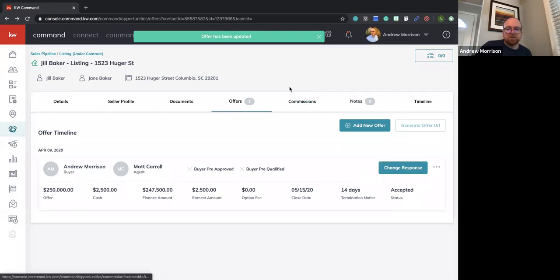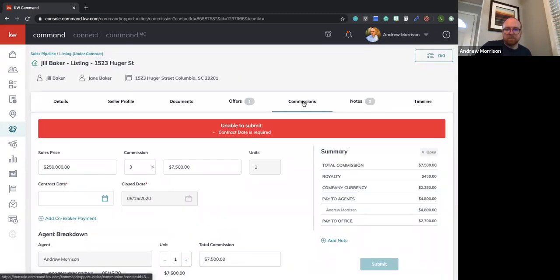And you'll notice my commission tab is now live. Prior to this, it was not selectable. I'm going to click on my commissions tab. And this is where I'm going to input the information for this specific transaction and how it would be split. Now, if I'm an individual agent and I have no unique things about this transaction, so no referral fees being paid, no coaching fees being paid, no transaction coordination, anything like that that's being taken out of your commission check,